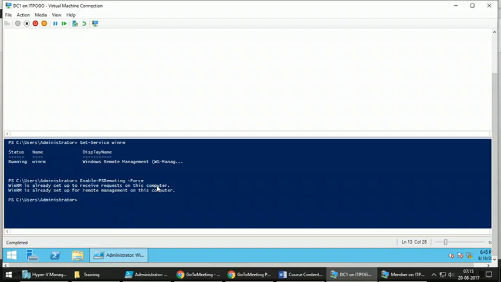So this you have to do on the target machine first. Now the question comes, how do you do this for multiple computers? Unless remoting is enabled, you cannot remotely do anything on that server. So this can be done from group policy.